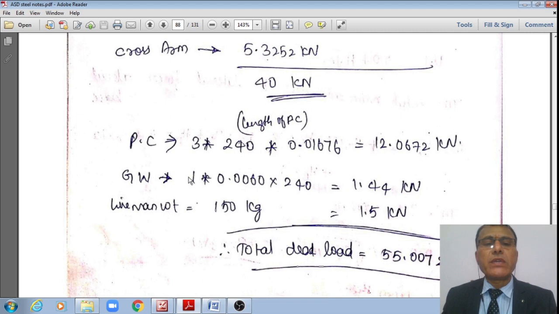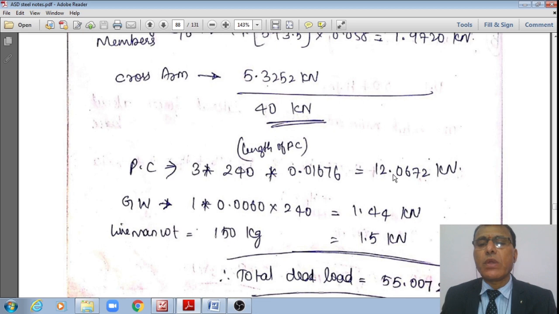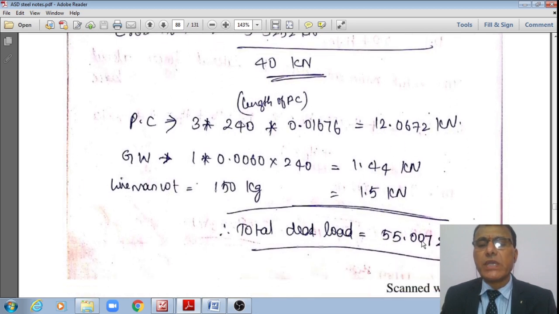And one ground wire is there whose intensity is 6 Newton per meter, or 0.006 kilonewton per meter, and over a wind span length of 240 meter, it is equal to 1.44 kilonewton. And the lineman weight should also be added, 150 kg, or 1.5 kilonewton. Therefore 40 plus 12.06 plus 1.44 plus 1.5 works out to around